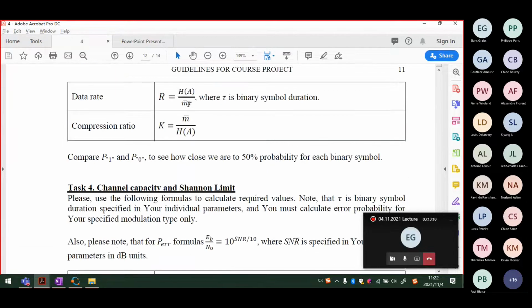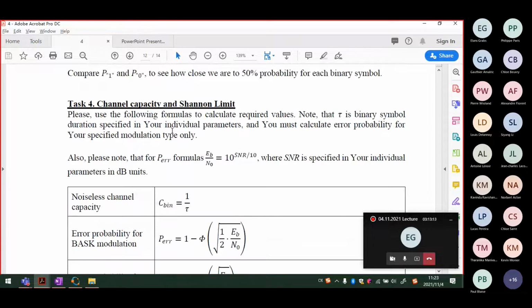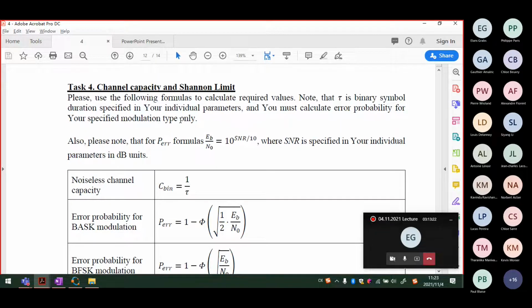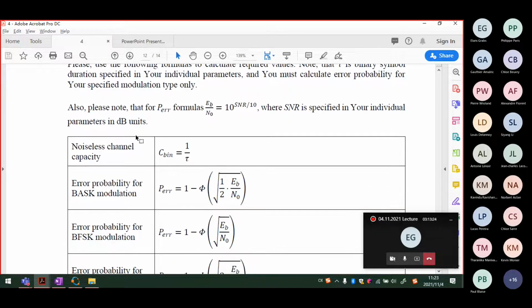And we need to calculate the error probability of our specific modulation type. The probability of error formulas use this function, which involves the energy per bit to the noise power spectral density,